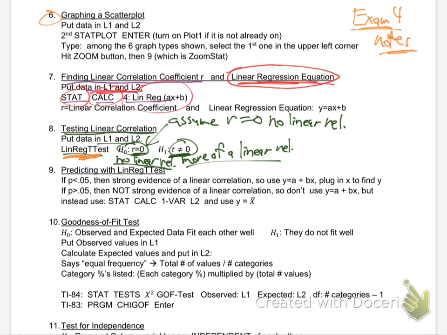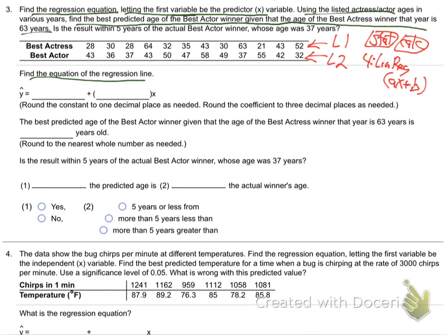Yeah. All right. And the linear regression equation is y equals ax plus b, as it says there. So when you hit those buttons on your calculator, you're going to get y equals ax plus b, and it'll tell you,